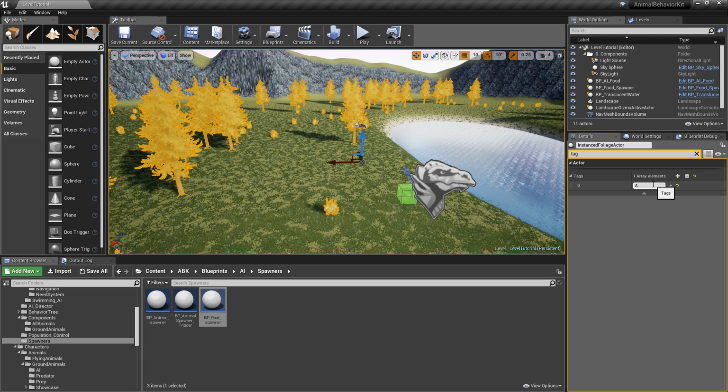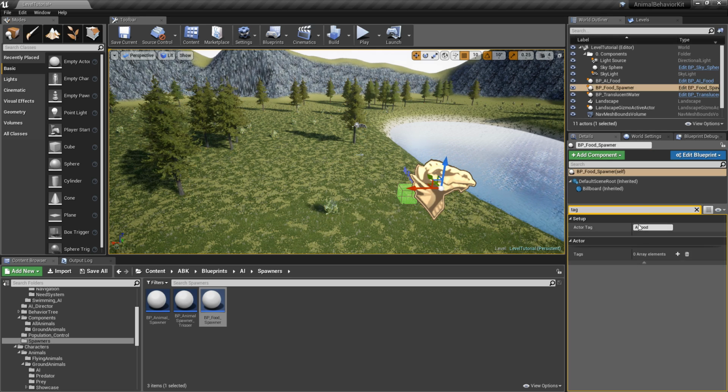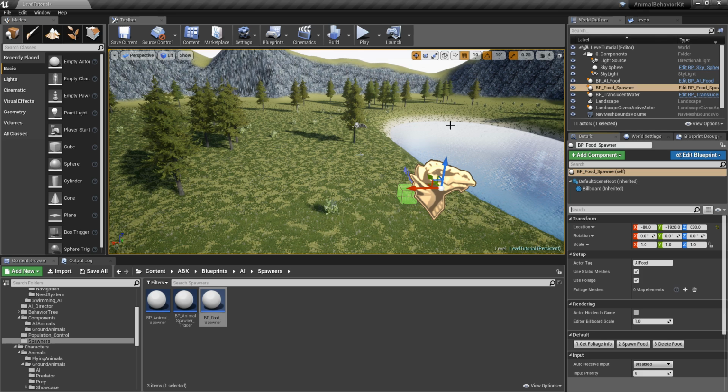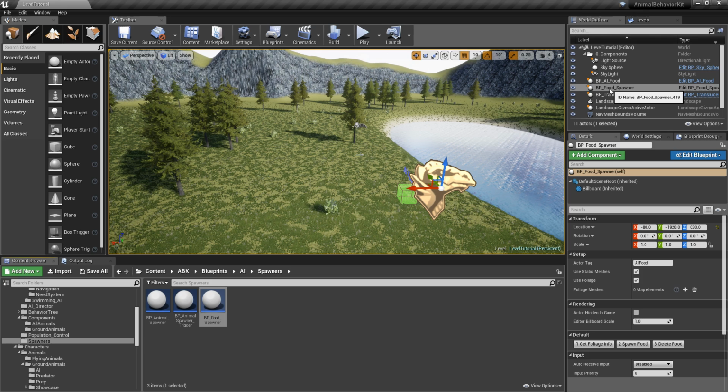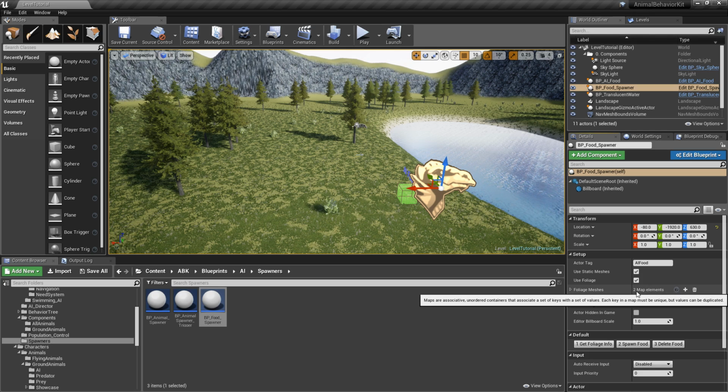And the tag is going to be AI food, the same as you had right here. Okay, so once you add the tag to the foliage, you can go back to Food Spawner VP and you can click on Get Foliage Info. And what you'll notice is as soon as you do that, this array was now populated and has two different items. So go ahead and expand the foliage